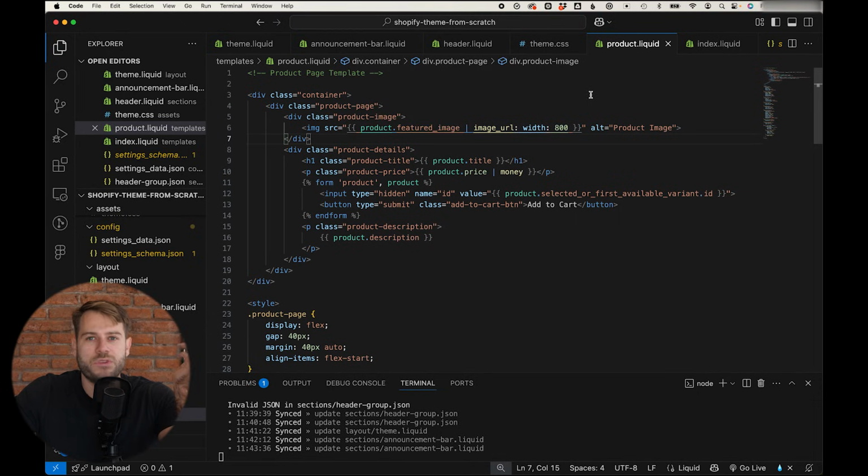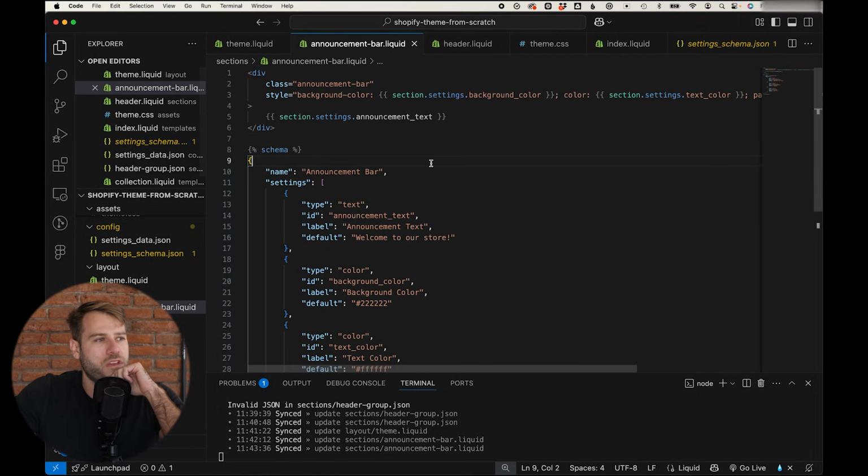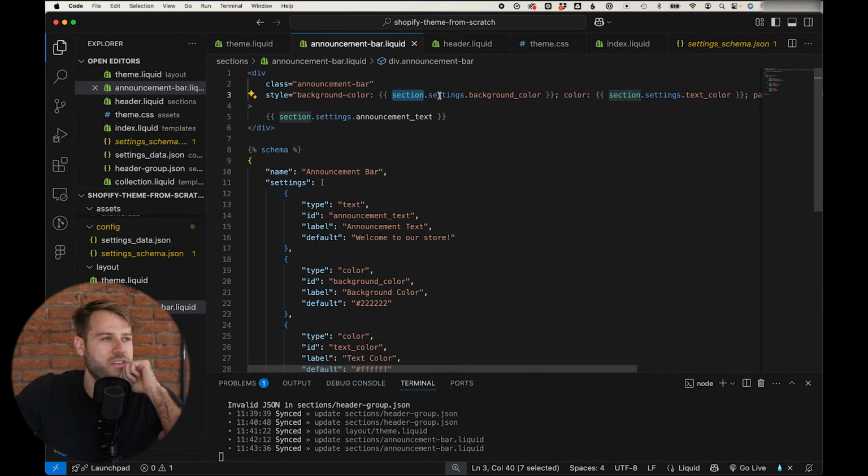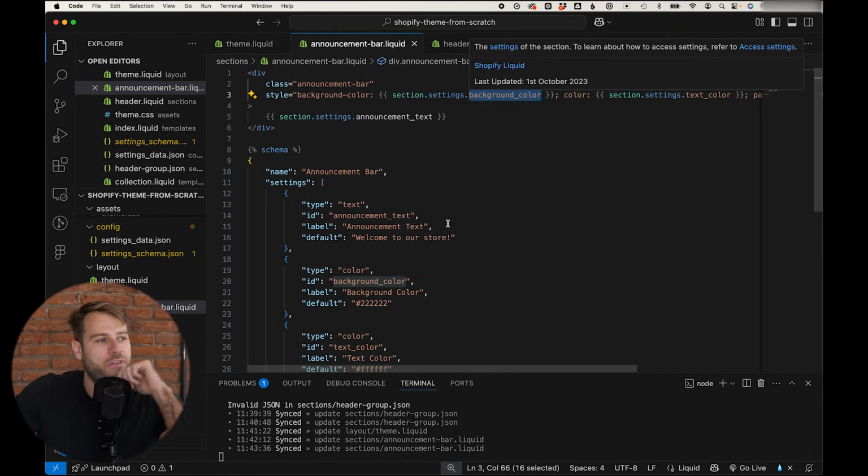Okay, this represents information within our store, but we can also pull off information from the section object. The section object represents the section that we're currently in. Obviously, you can't use this section object outside of a section, but from within a section, we can then access the settings object from the section object,